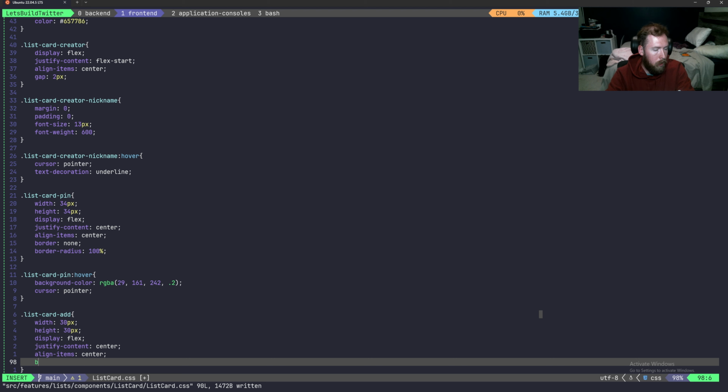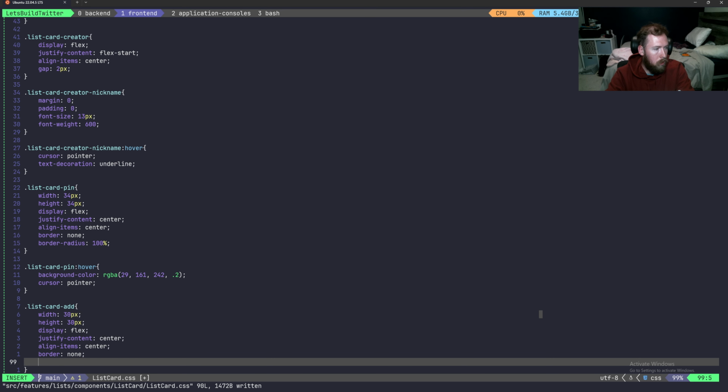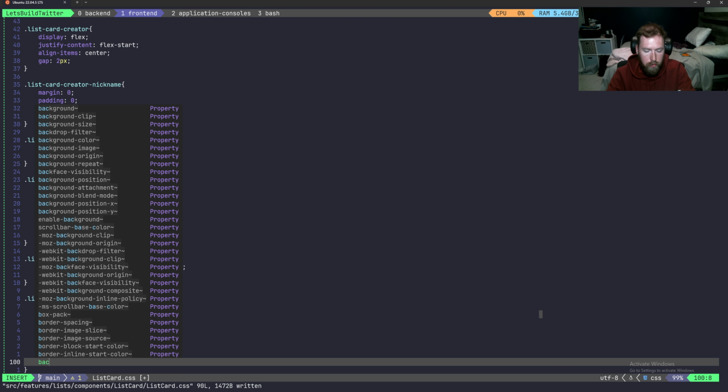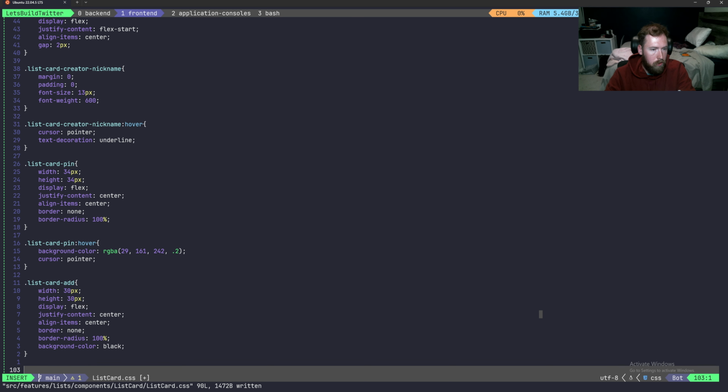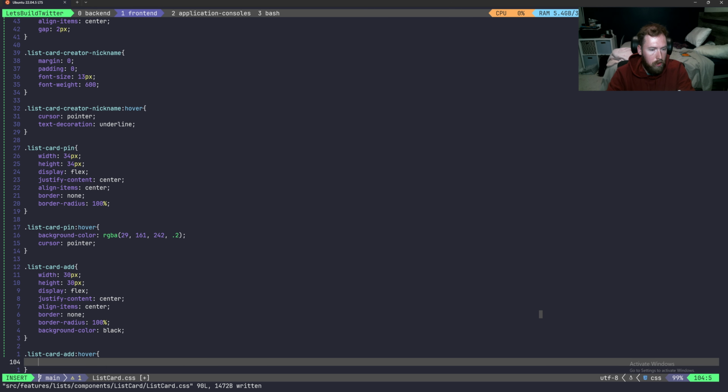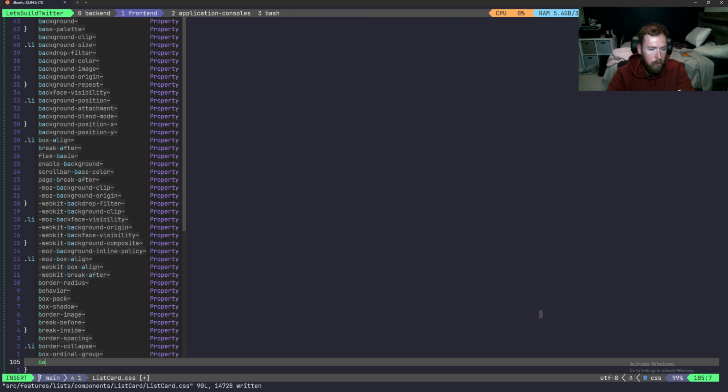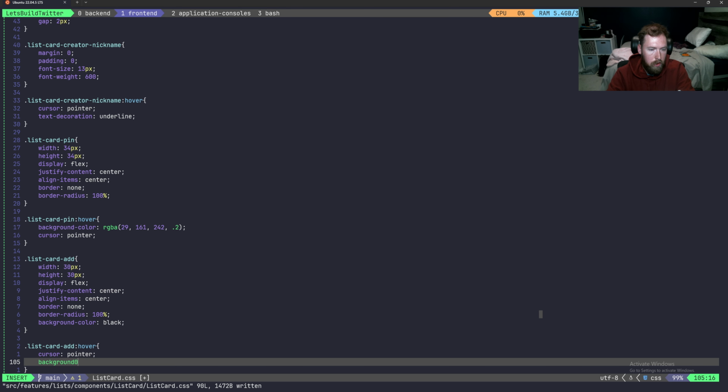And then we will go ahead and have a border of none. And then we'll have a border-radius of 100%. And we'll also have a background-color, and this is going to be black. So next we'll also have a list-card hover, .list-card-add and then hover. Here we'll go ahead and have a cursor pointer, and we'll have a background-color, maybe, and this